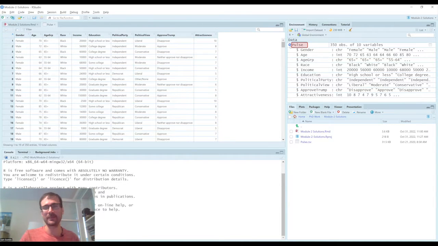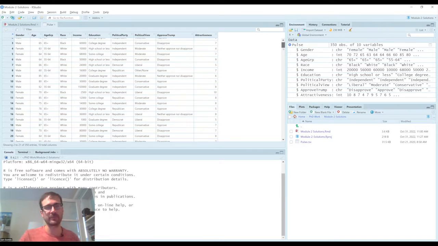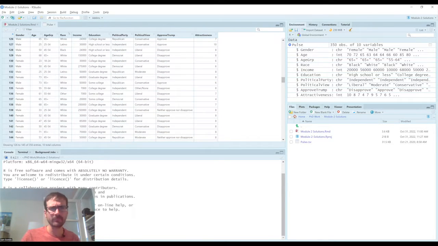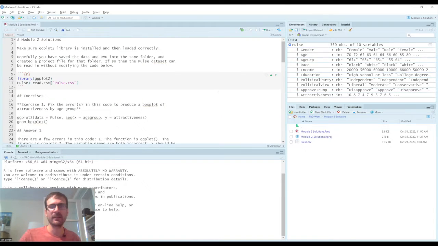So you can see clicking on that loads up here a sort of spreadsheet view where I can now see the full data for all of the entries, all 350 observations if I were to scroll down. That's quite a nice interactive way of looking at the data to try to understand how it's formatted, what each column is, what the contents of each column is.